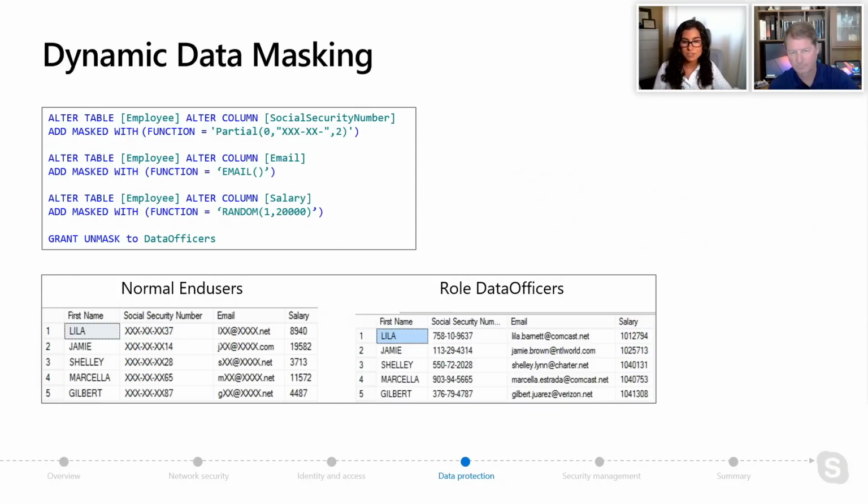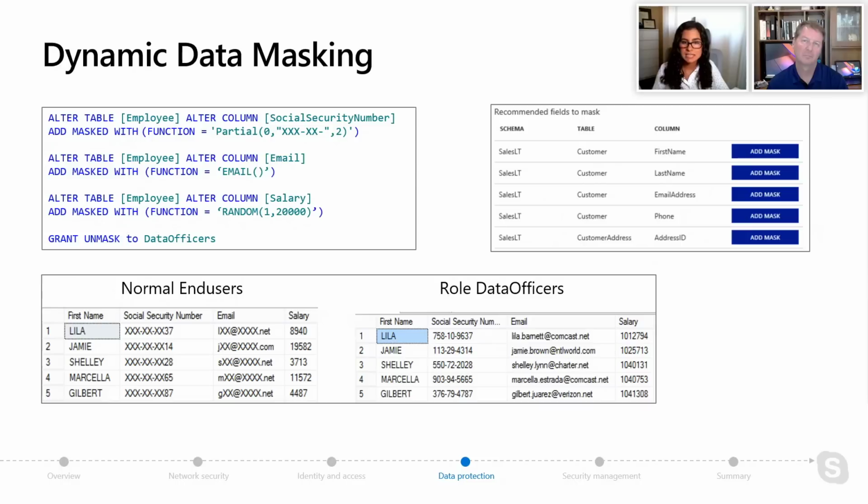And in the exercises in Microsoft Learn and on GitHub, you'll actually go through this process of giving Bob access, then taking Bob's access away, then giving it to him again, and just really messing with him. And then we have a whole thing where you'll actually audit that and use data classification, which we'll learn about shortly. Now, one of the things you get in Azure SQL is we can actually recommend the fields that we think you should mask. So that's something kind of new that you can do from the portal.